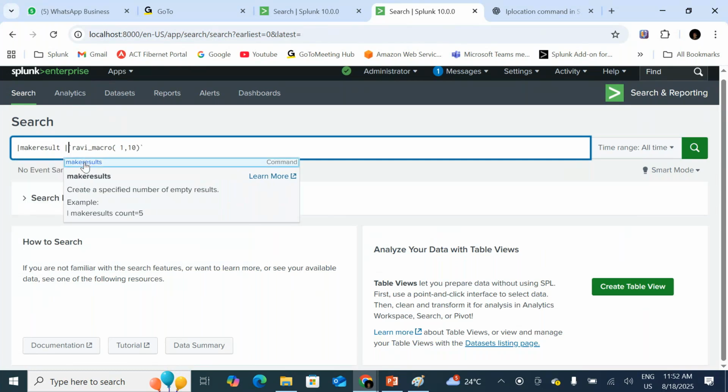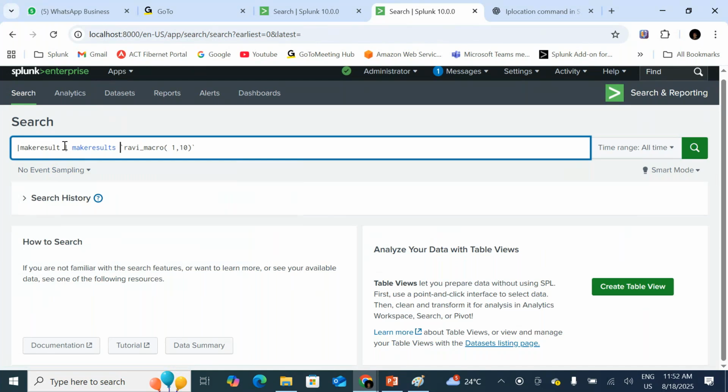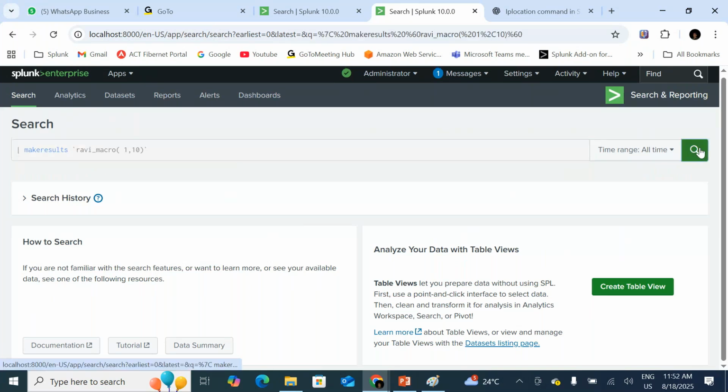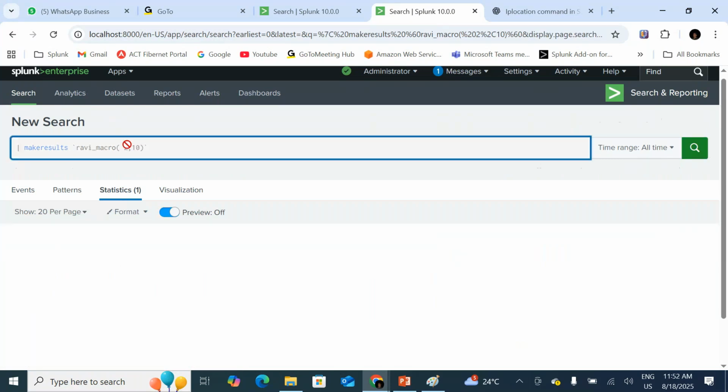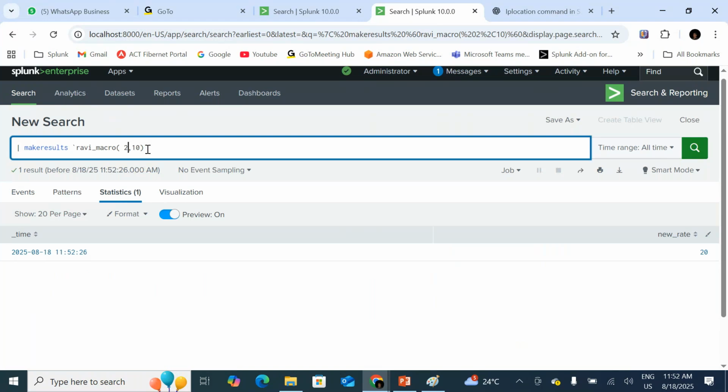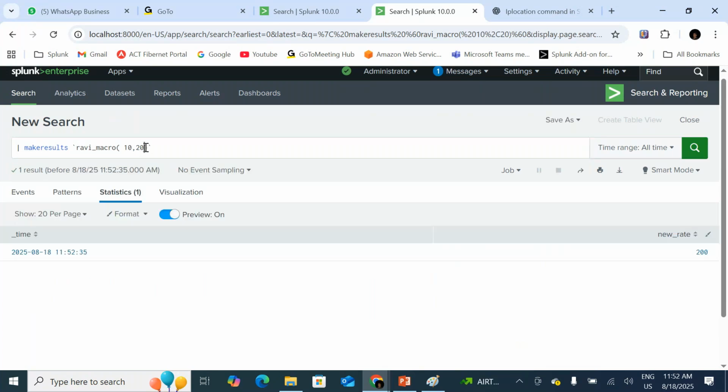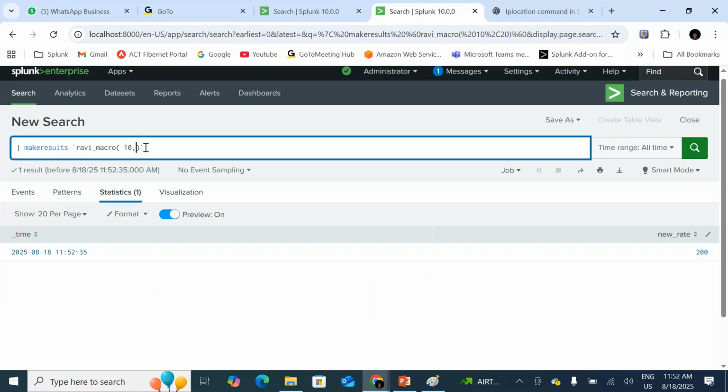The eval command doesn't work directly. On top of makeresults, I am working. Rate will be 10. If it is 2, rate will be 20. If the rate was changed to 20, 20 to 40. So quantity was 10, 20 into 10. But unfortunately, if you give a 40,